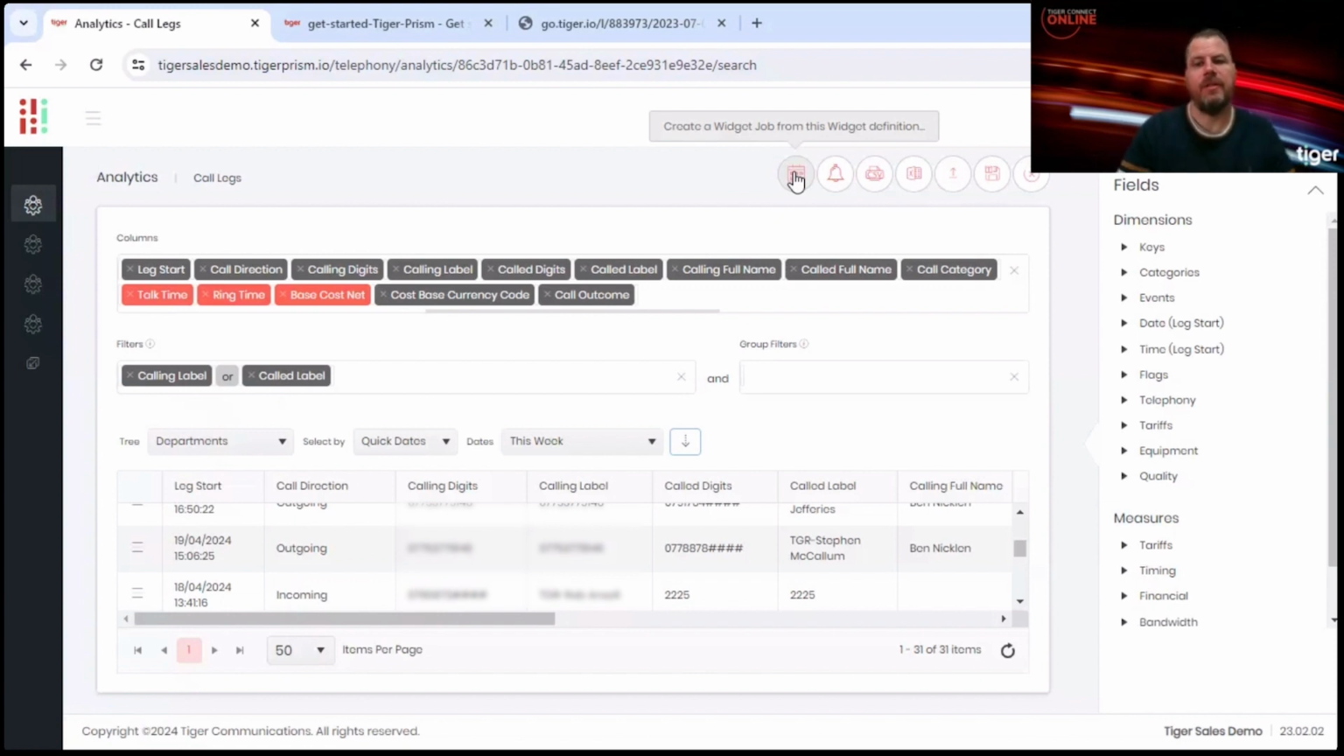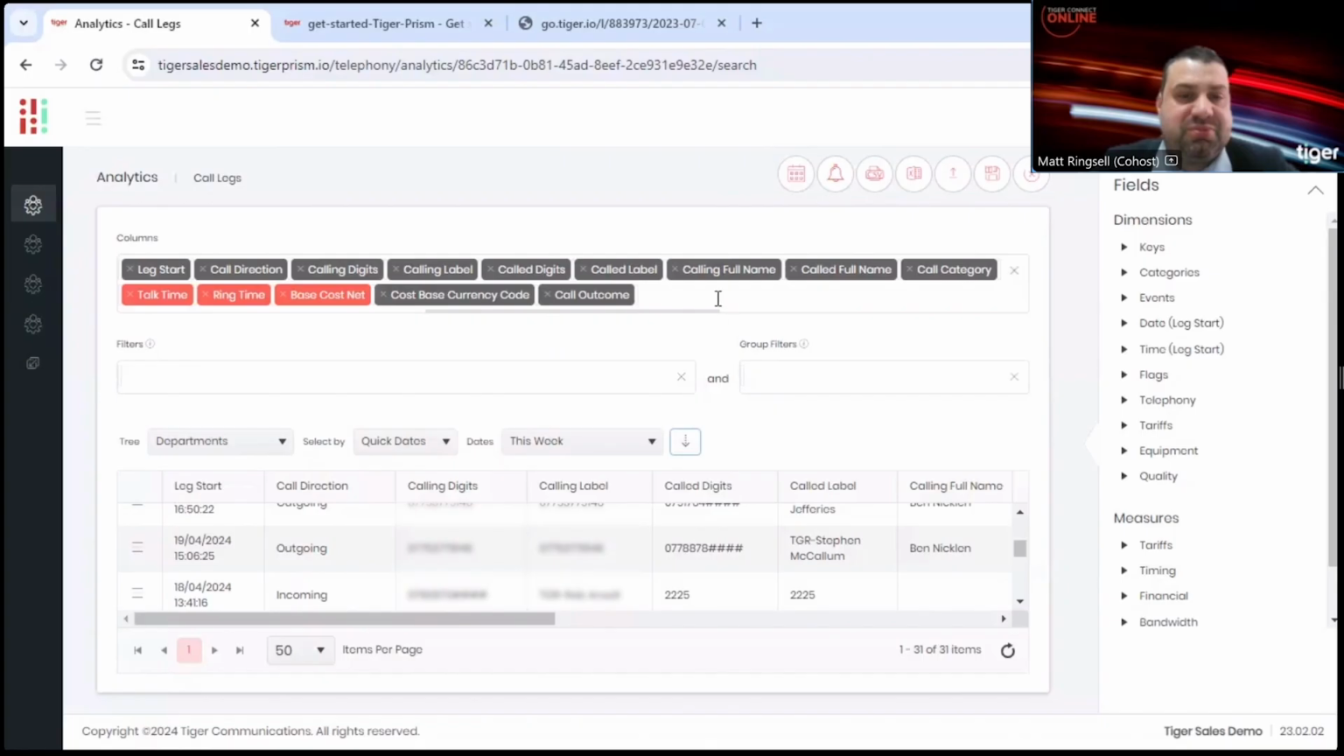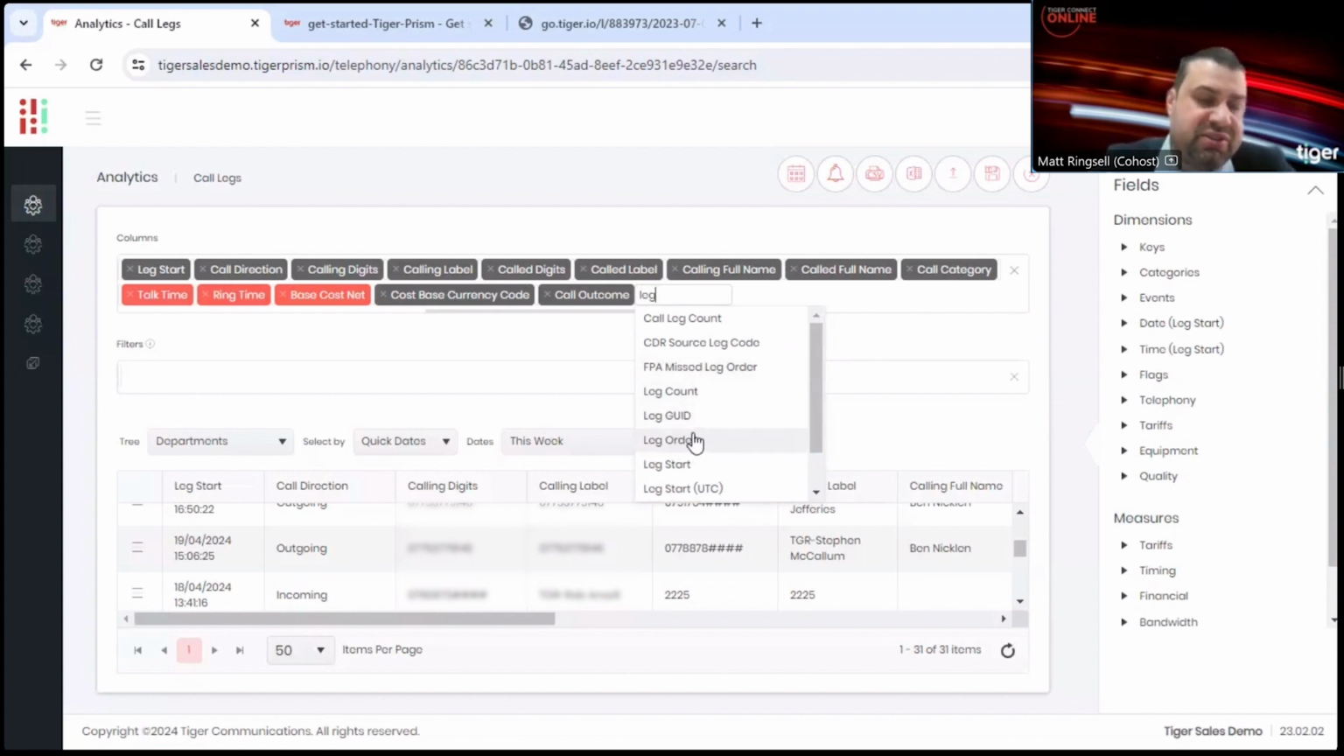So last question that we've got predefined, we'll have a few minutes. So if there are any more questions that you guys want to get in, just get them in the chat now. So the last question is from Michael. It's an analytics question. So what's the quickest way to follow a call from the user dialed in and when it was answered? Okay, so it's quite simple on here, and I'm just going to add an extra field into